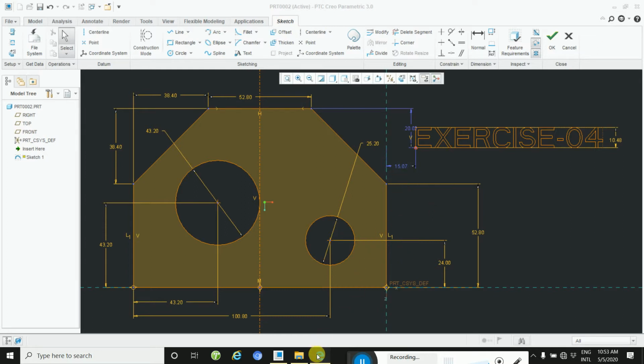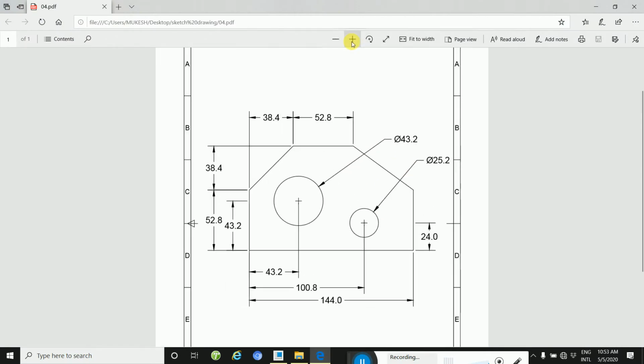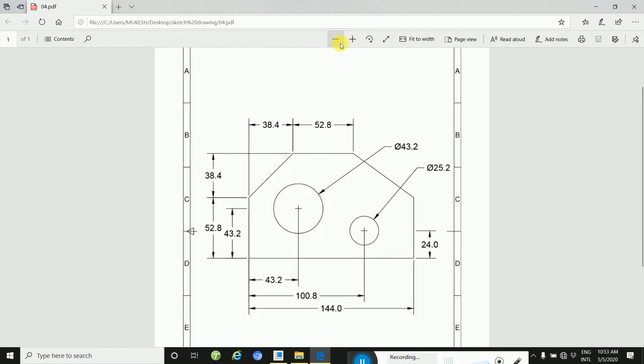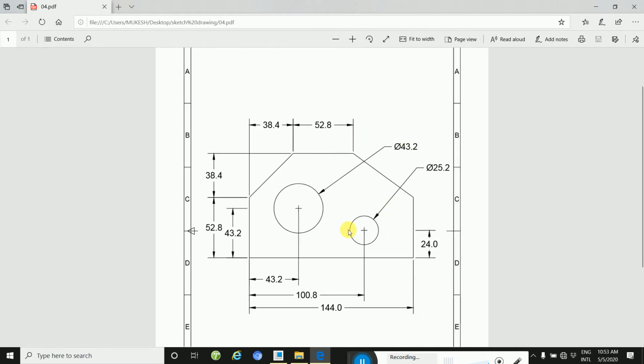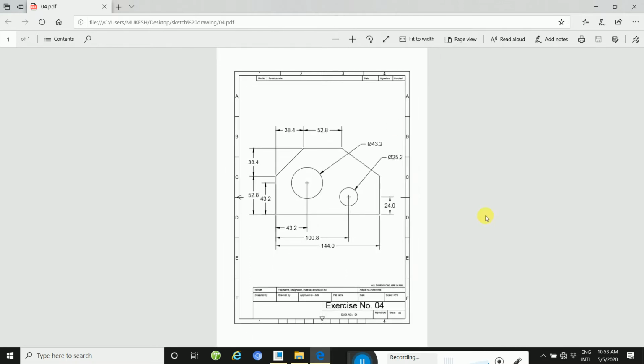Okay, this is the drawing. Take this picture for drawing purposes, and here two circles are inside.